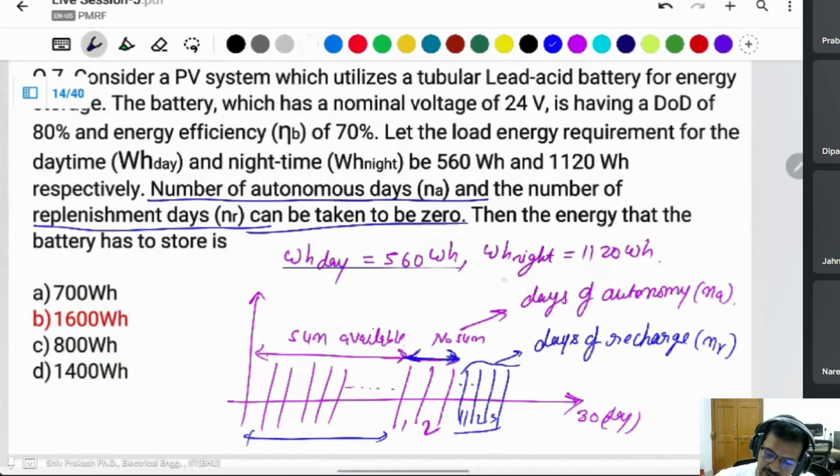In night time, solar is not available. At that time, battery is required, and the battery supplies to the load. But the battery has a DOD of 80% and an energy efficiency of 70%. First, to calculate how much energy the battery must store without considering parameters like DOD and efficiency,